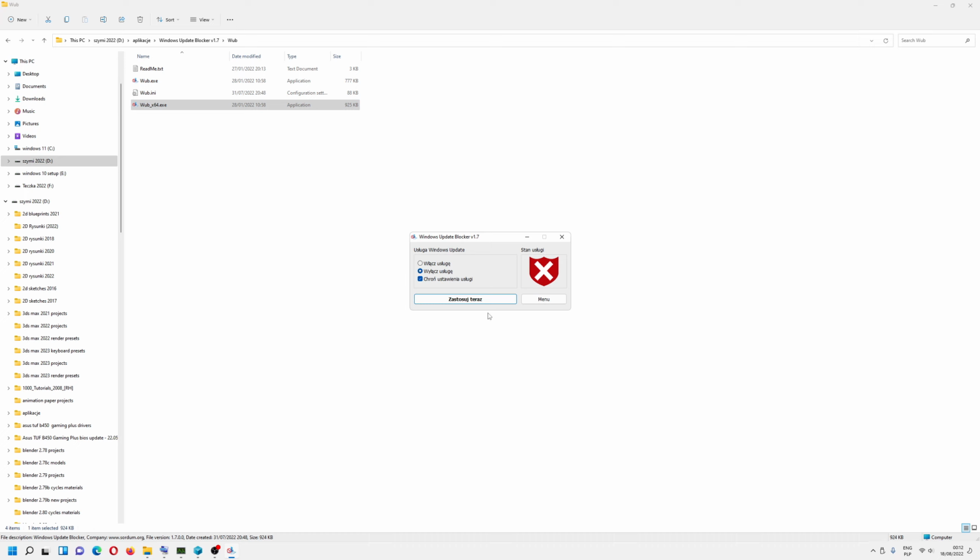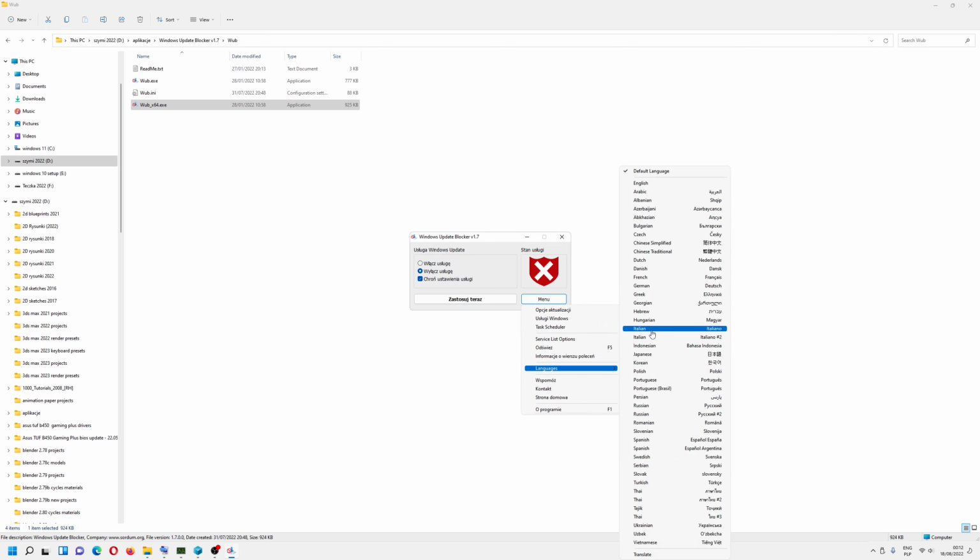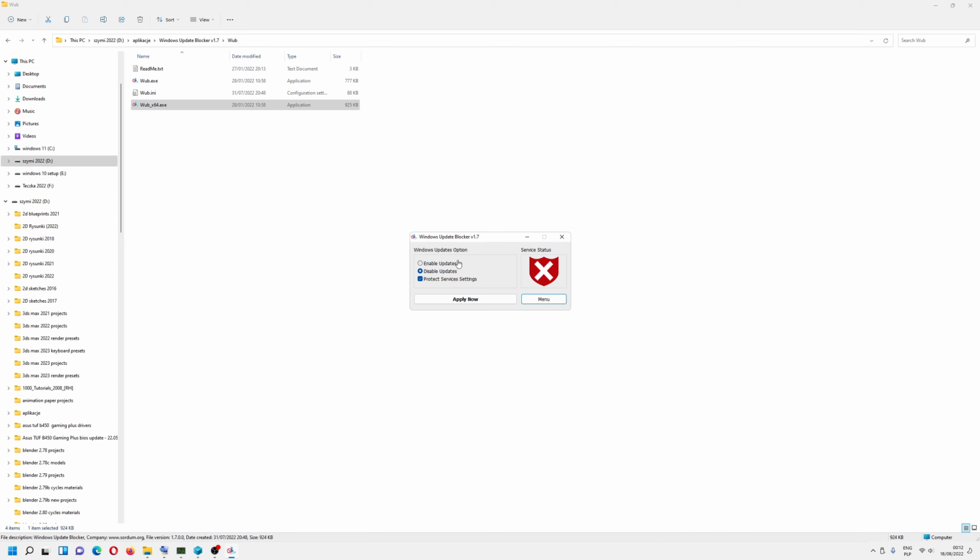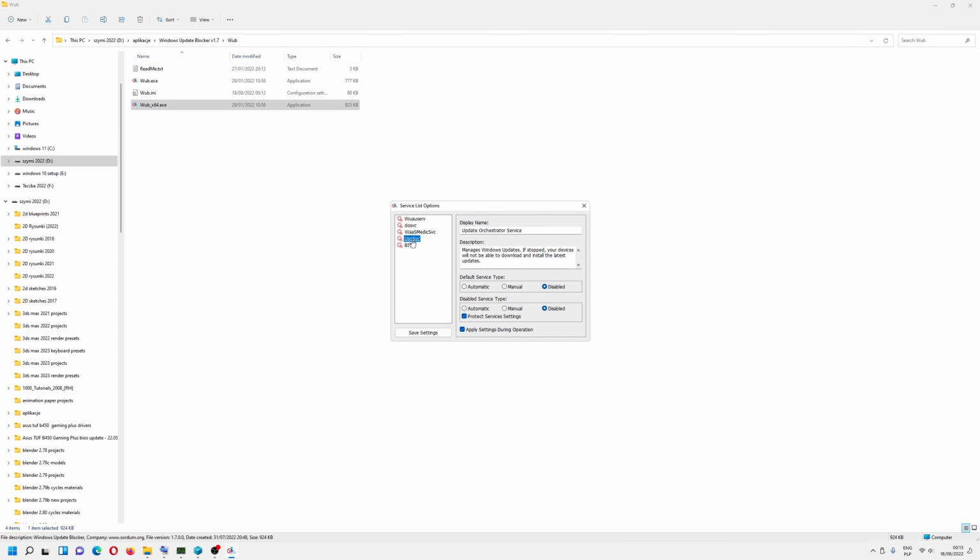You need this tool. First you have to turn this. Wait a minute, because you need this tool to deselect, to get rid of services, to turn services off. Service list options, Windows Update,